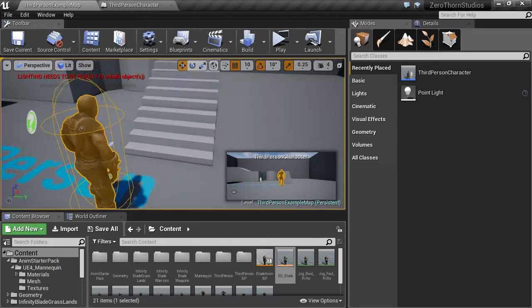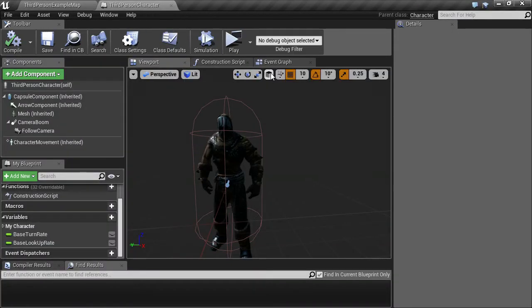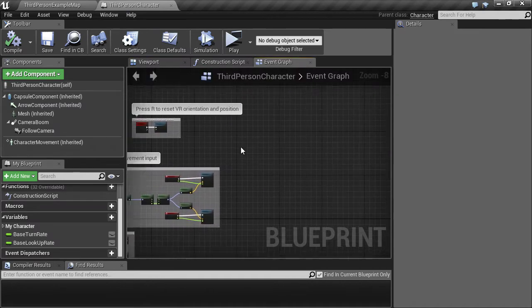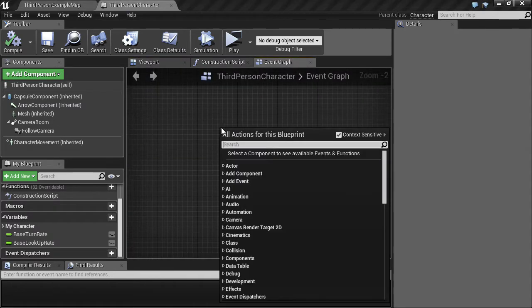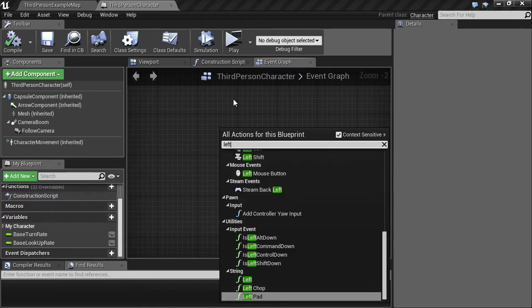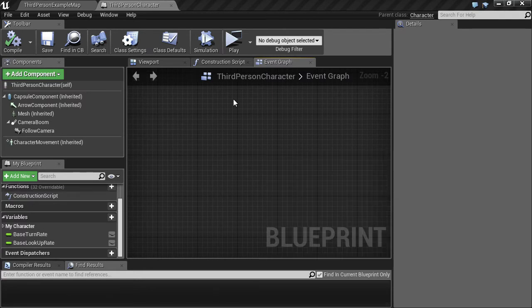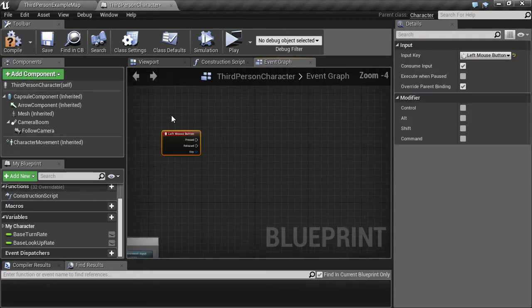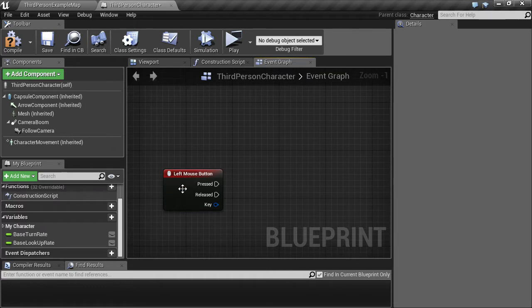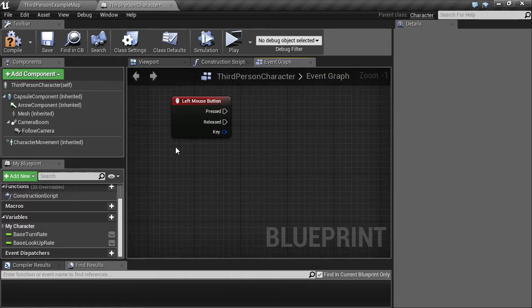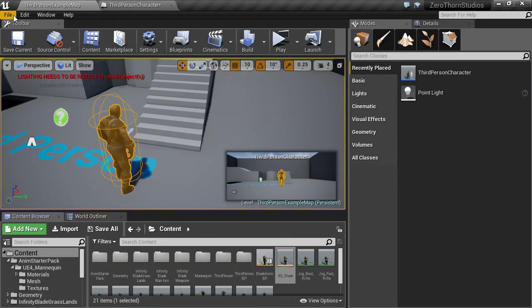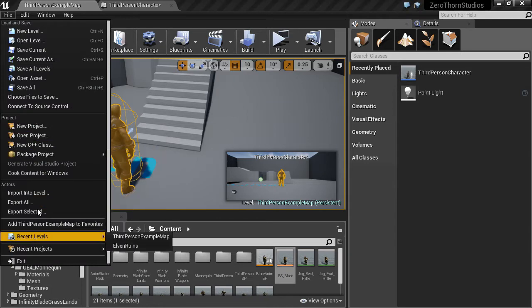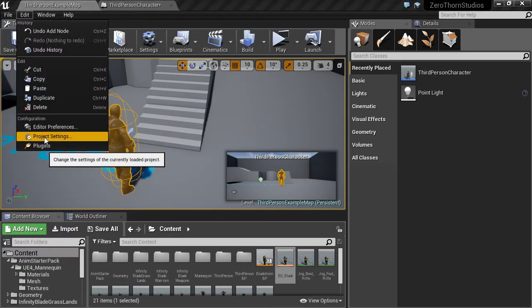Alright, let's set up some inputs here. So, just show you something. Right click in the blueprint to give all your possibilities here. You can type in what you would like to use, any button on the keyboard or mouse. So you can do it this way, but there's a kind of a deeper and better way to do this, and that's to go to your project settings